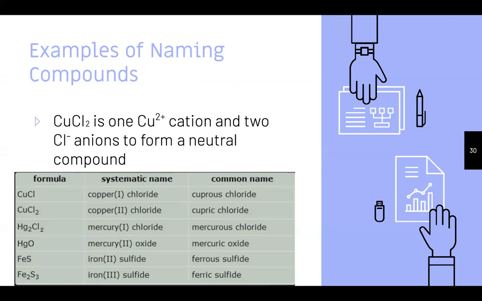with copper chloride, becoming many different ways depending on what charge the copper has. We can see that it could be copper(I) chloride, or copper(II) chloride. It's important to have those Roman numerals there as well,